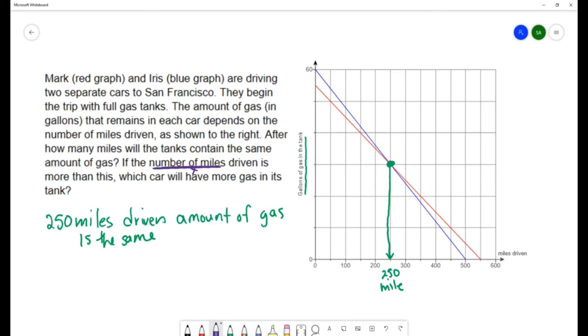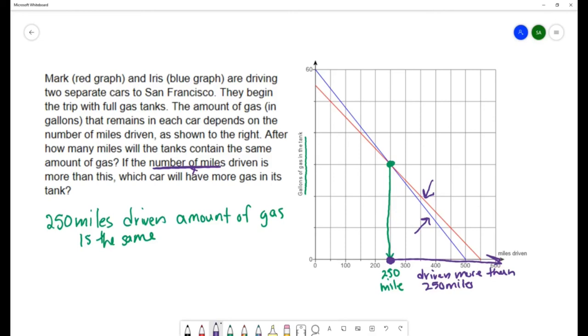Is more than this, so we're talking about to the right of that point, to the right of 250 miles, which car will have more gas in it? So on that portion of the trip, you can see that the red line is higher than the blue line. So during that portion of the trip where you have driven more than 250 miles,